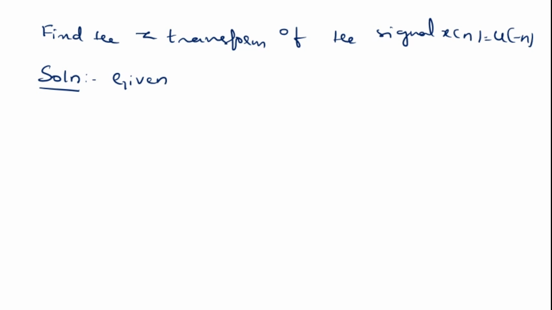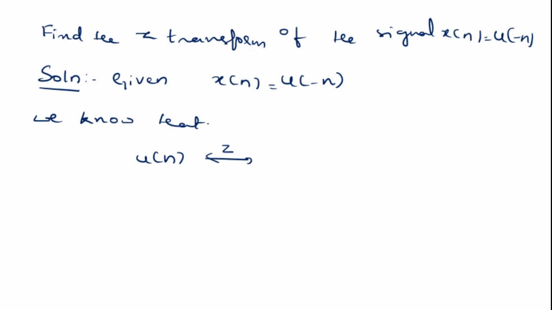It is given x of n is equal to u of minus n, and we know that the transform of u of n is 1 divided by 1 minus z inverse with mod z greater than 1, and using